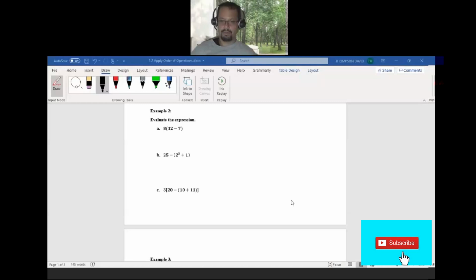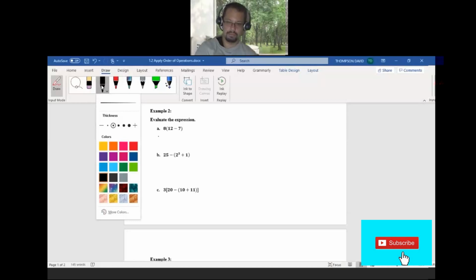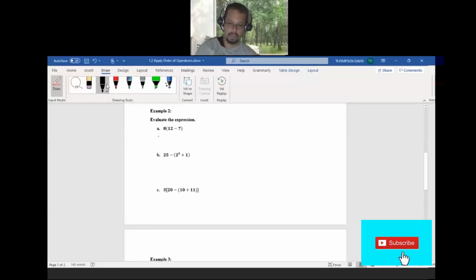Example 2. Evaluate the following expressions. These all have grouping symbols. Let's start with number 1. So we have 8 times 12 minus 7, which is 5. And then 8 times 5 would be 40. And we're done. Next, we have 25